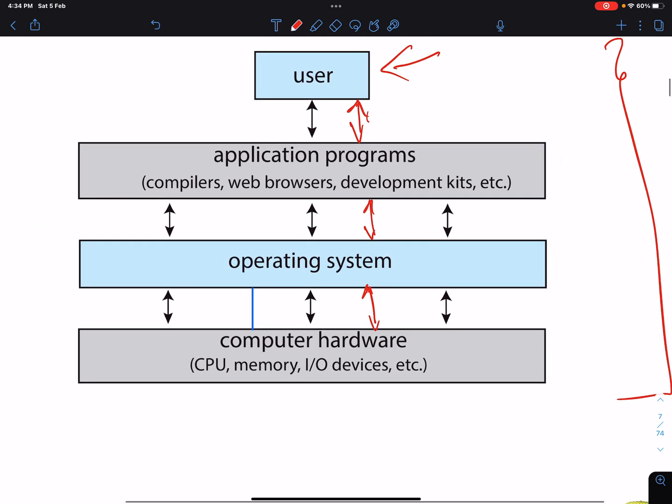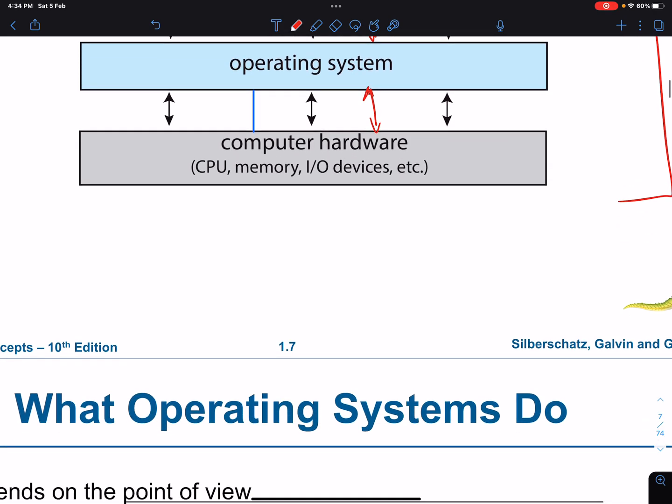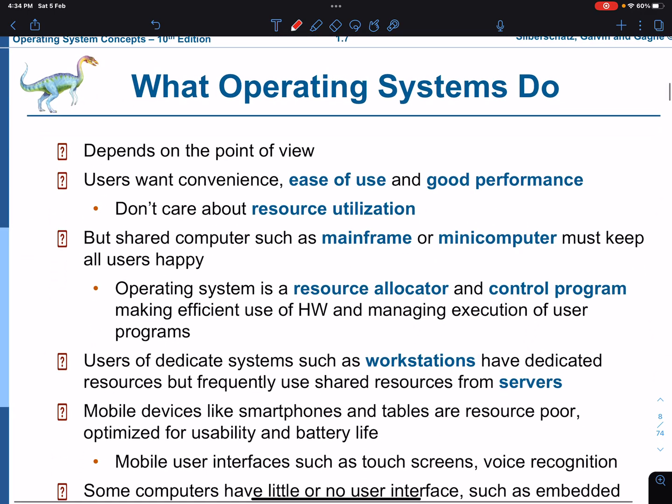The relation is bidirectional, so it's a call and a response. The user calls the application programs, and the application programs respond. The application program calls the operating system, and the operating system responds. The operating system calls the computer hardware, and the computer hardware responds. So what do operating systems do?